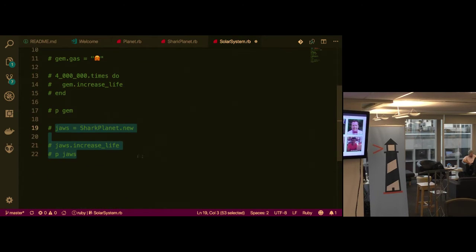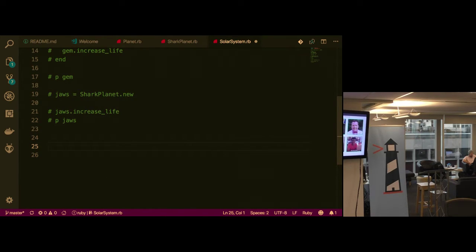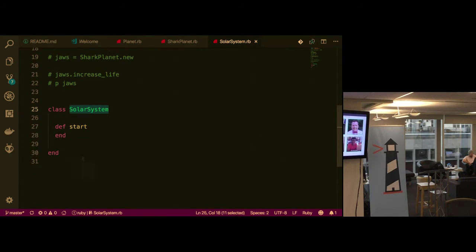In my solar system file, I actually want to create a default solar system class. But there's only going to be one solar system per application, like it is a solar system application, so we're just going to have one solar system, so I don't really want to be creating new instances of this class. I just want to have a class because classes are a nice way of organizing my code. So instead of initializing a new instance of that, I just want a method that kind of just says like start my application, right? My goal is that I want to call solarsystem.start, and it just kind of does my initial code. It starts my application for me. Okay?